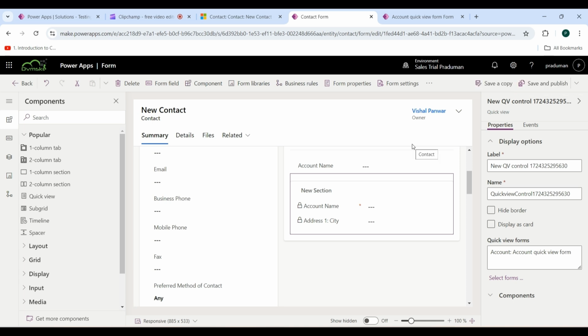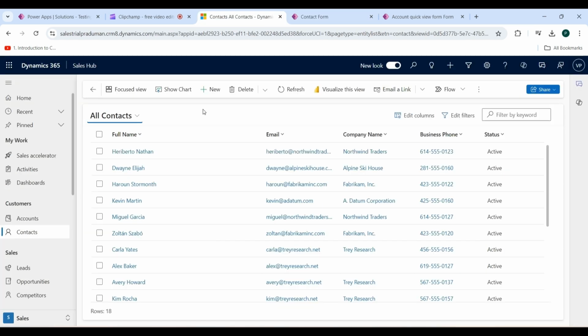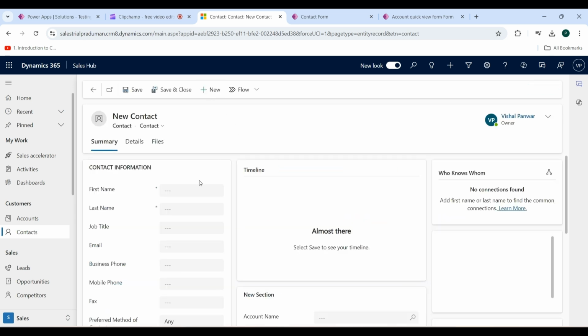Now go back to the contact entity and create a new contact record. I am creating a new contact. Click on the plus New button. Here giving the name Karthik Kumar.